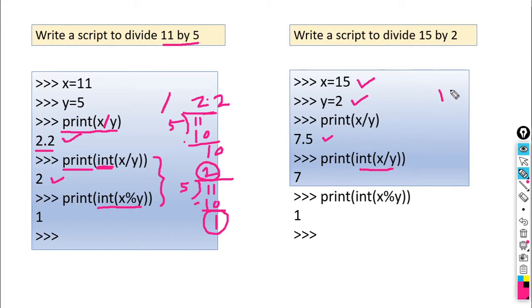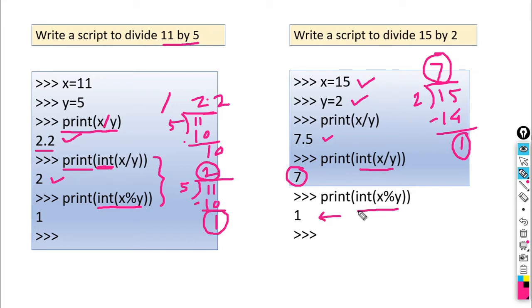So int x / y means what? When we divide 15 by 2, 2 sevens are 14. So here you will get the quotient as 7, so in this statement you will get the output as 7. And when we use the print statement, print int x modulus y, what is the remainder here? 1. This is the remainder, so it gives you the answer as 1.